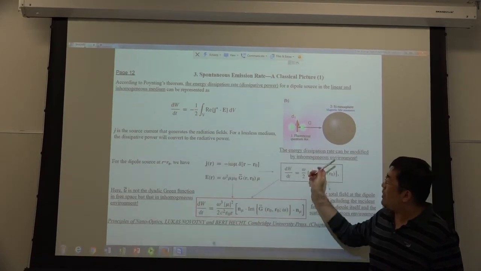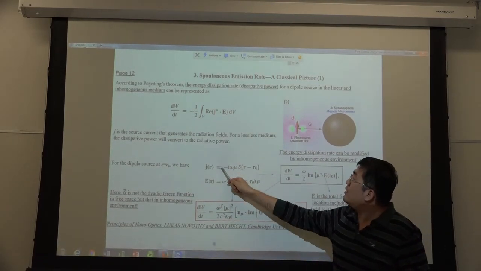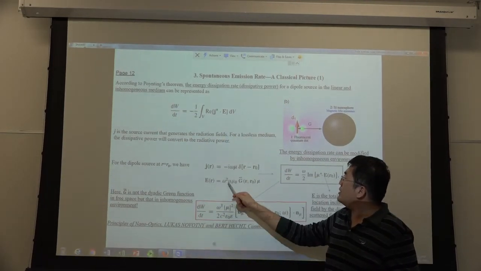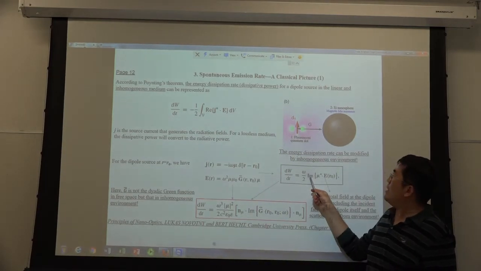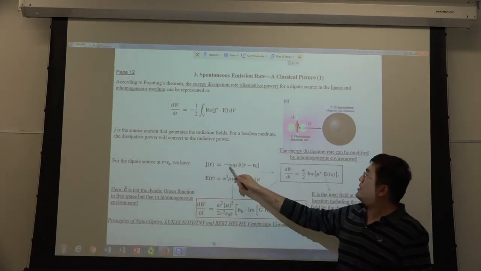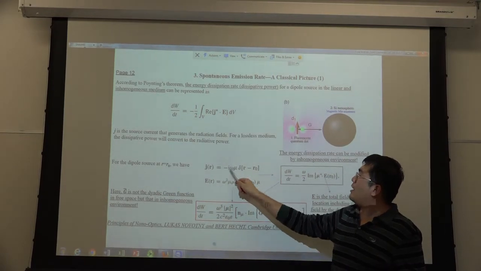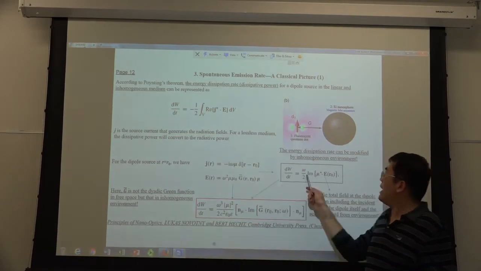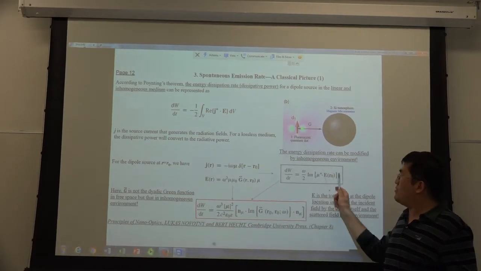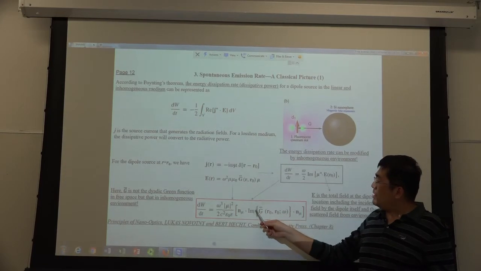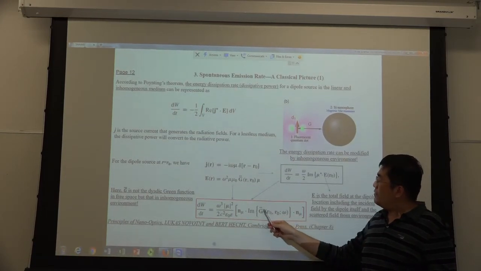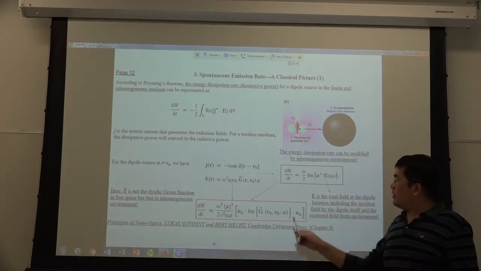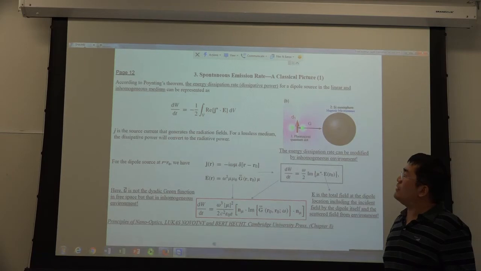Finally, you'll see that this is the imaginary part of the Green function. Why does it have an imaginary part? You can see here this is I omega mu. This is real, this is the real part. This is I omega mu, and this is a Green function. So I go to the imaginary part here, because this is I omega mu. I change the real part to the imaginary part, I move the I here. You can see they only depend on the Green function from the source point and the field point at the same point.